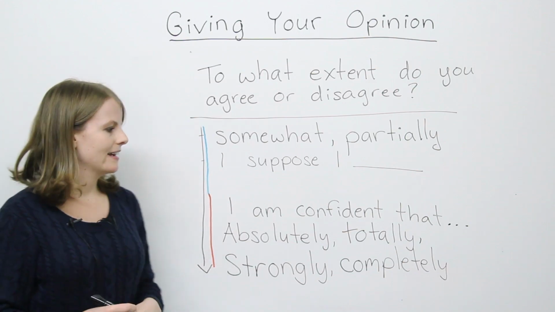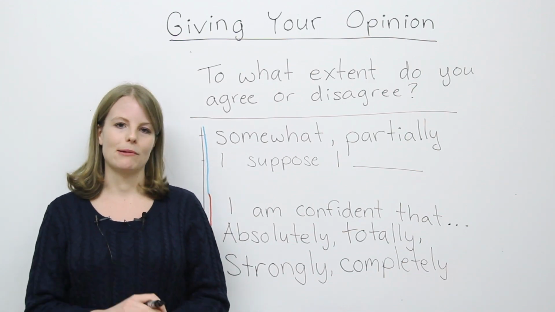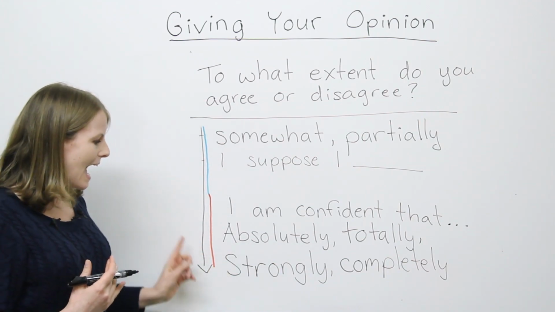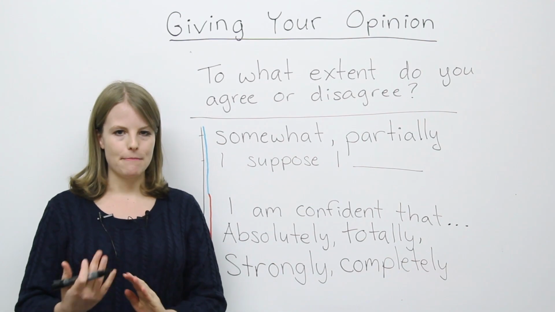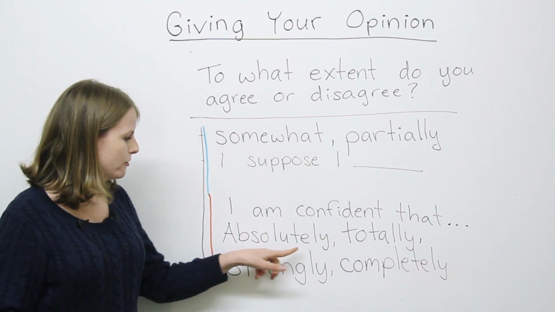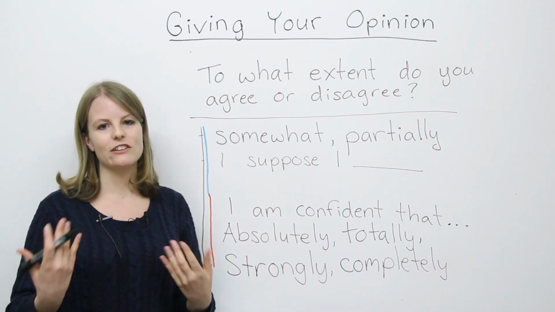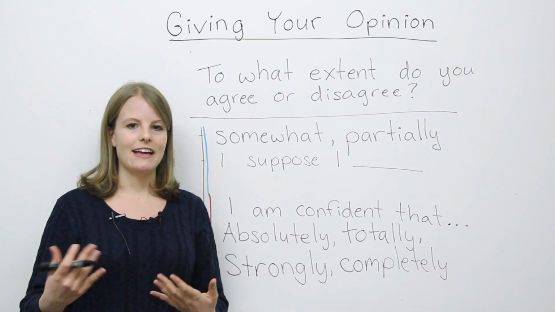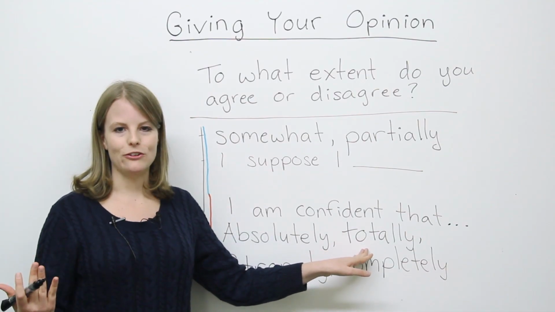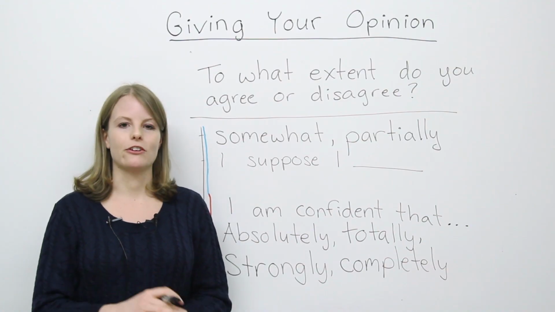Whereas if I say, I am confident that people with more money are more successful, it means you're sure. I absolutely agree that people with more money are more successful. In this case with absolutely, you probably wouldn't write this, but this is a good thing to say maybe to an IELTS speaker. Same with totally. It's not formal English. You wouldn't use this in an essay, but in speech, you might say, I totally agree with that statement.